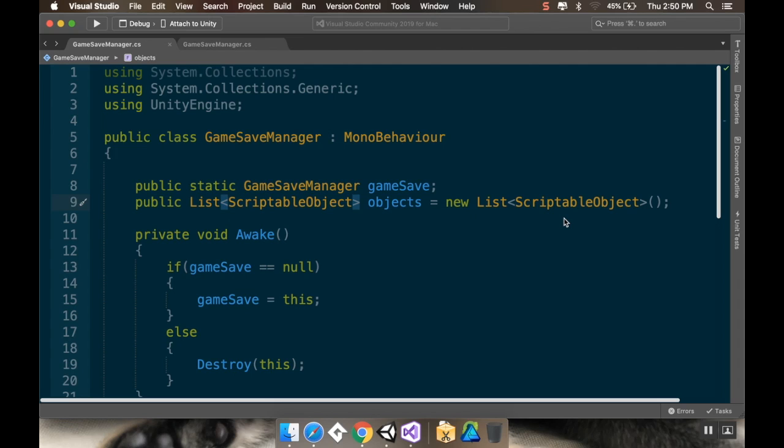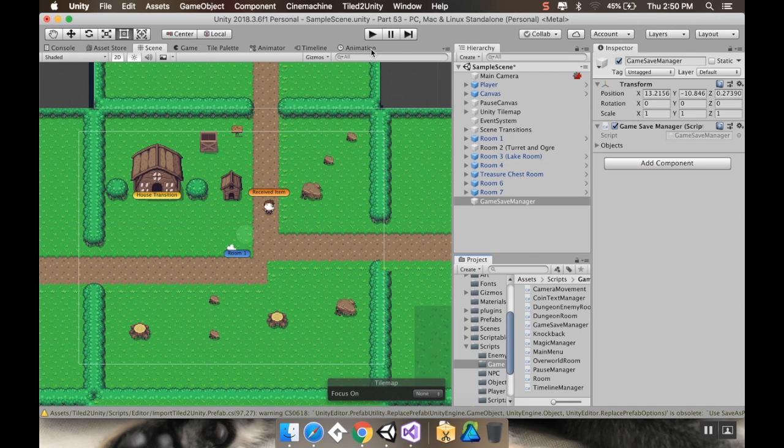So I'm going to save this. And I just want to show that just by having this and having this have a reference to the scriptable objects that are in the scene, it's going to make them persist from one scene to another. So I might speed this up because I've shown this like a million times before, but I'm going to show you the bug we currently have, and I'm going to show you the fix for that bug. So here we go. As I hit play,